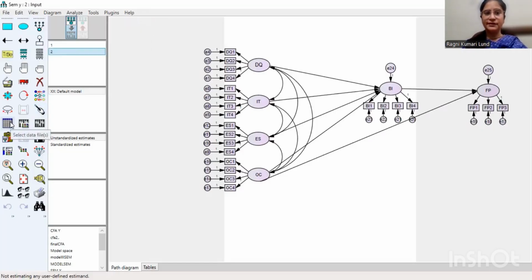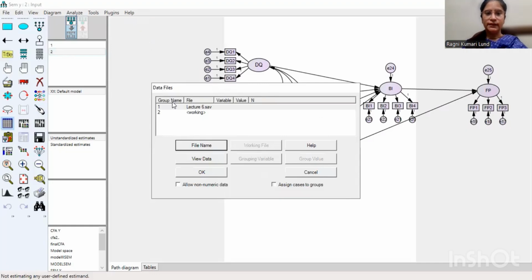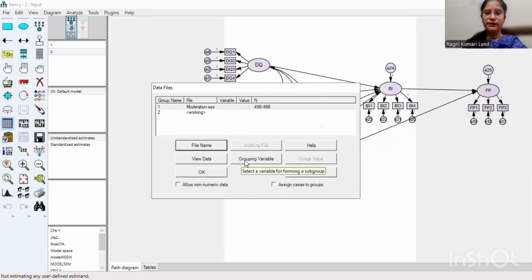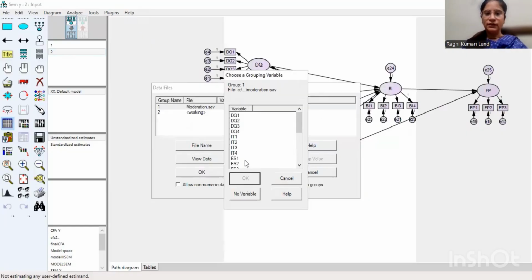Then go to select data file. Here you can add your file. Then in group variable, you have to add your variable name, which means the moderator name, which is experience. Click OK.